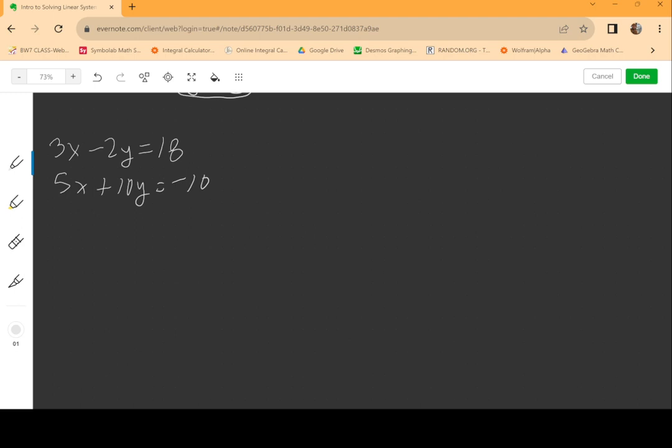Okay, now in this particular case, none of the variables has a coefficient of 1. I can technically solve for any variable that I want in any equation. But what I notice here is that in the second equation, all the coefficients have a common factor of 5. What I'm trying to do is avoid fractions as much as I can until the very end. If the answer is a fraction, well, there's no working my way around it. But in the intermediate steps, I can do things to not have to work with fractions all the way through. And the way I'm going to do that here is I'm going to take this equation,